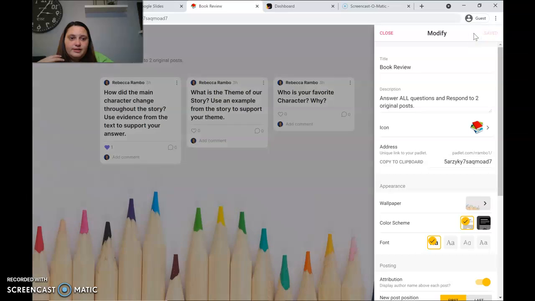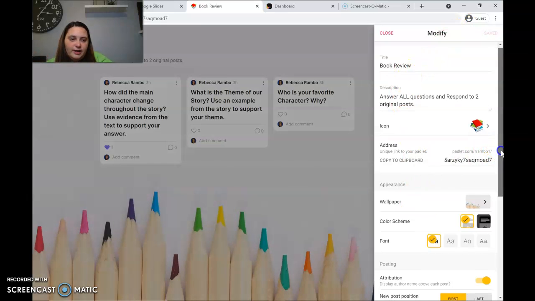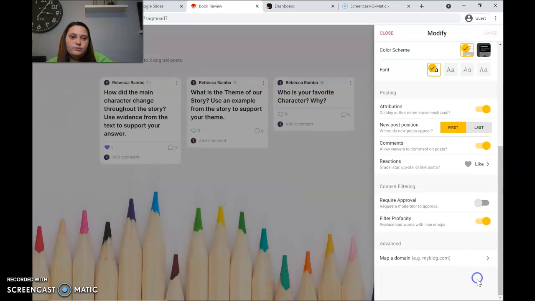When I look at my settings over here on the side, you see I can change the color, I can change the font, as well as I can do restrictions. I have it on that they can use comments. I also have it on that to replace any profanity with an emoji. You can also set it to require the approval from a teacher, which I also mentioned earlier. These are just some of the modifications. If you do buy the premium or pay for it, there are some other